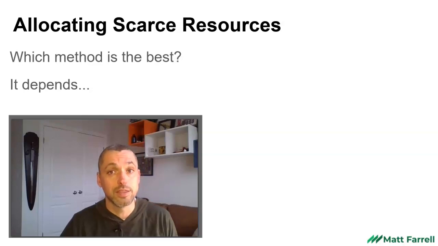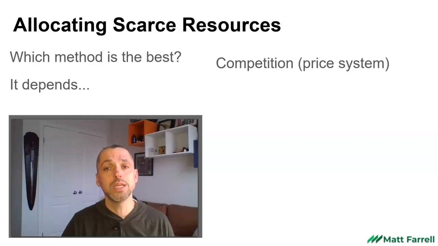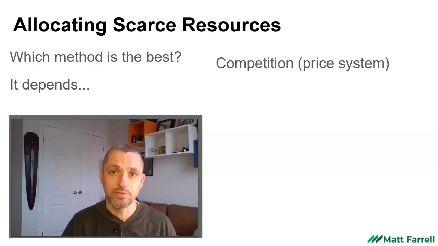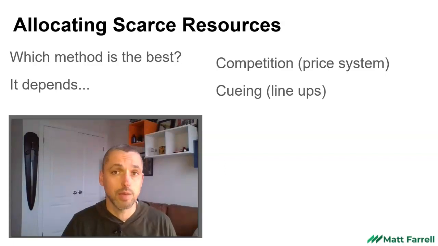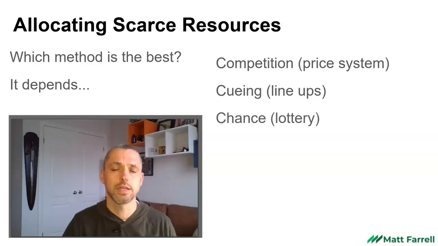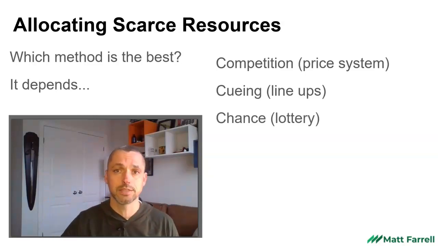Now, which method is the best for dividing those up? Well, it depends. It depends on the type of good. Different ways of doing it. For one, competition. You can have people compete using the price system for access to different goods and services. Queuing. You could just get people to line up and hand things out. Chance is another one. Lottery. People could enter their names and a name could be drawn and that person could get access to the good